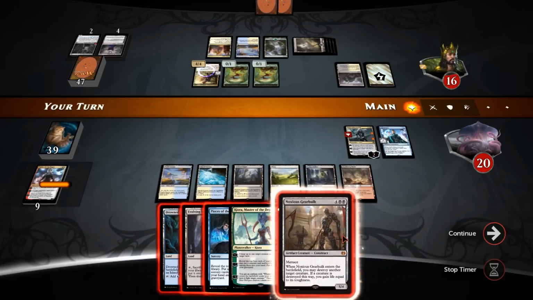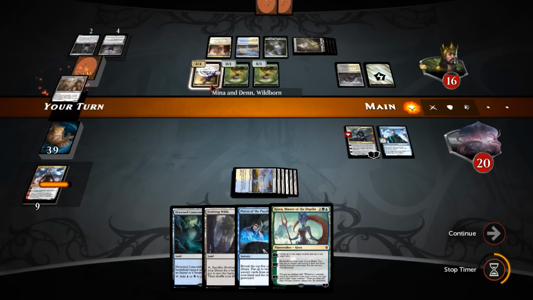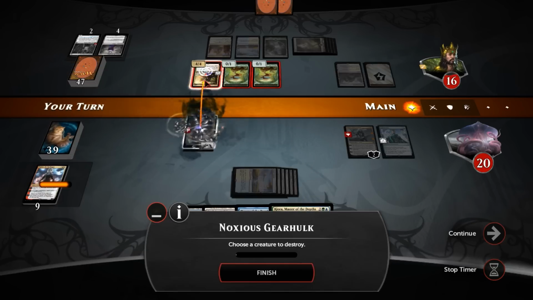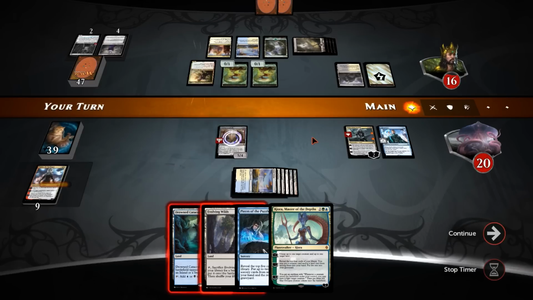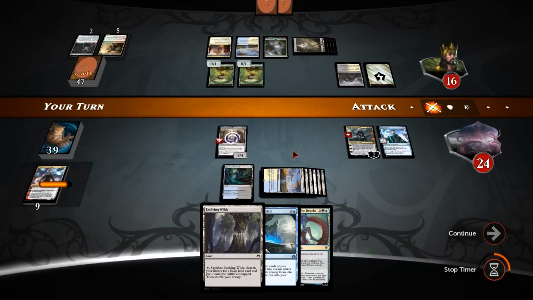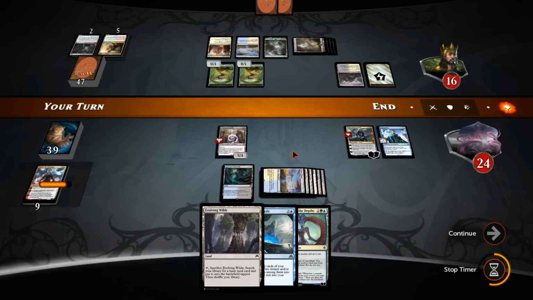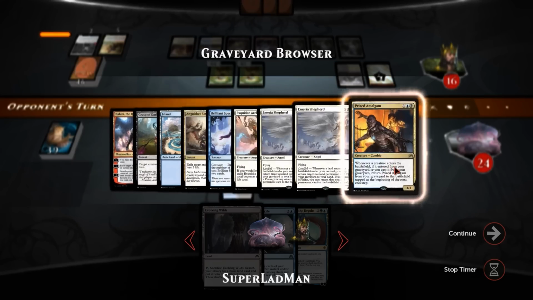Noxious Gearhulk. Okay. We just dealt 6 to him. We can play Noxious Gearhulk, kill Mina and Denn. Protects our Sorin. Destroy, please. Play our Drowned Catacomb. Still hit our land drops. I'm just holding on to this Evolving Wilds for a Plains, which I'm hoping we can still grab. Yeah, we've got 4 Plains in the deck. We haven't milled any yet, so...